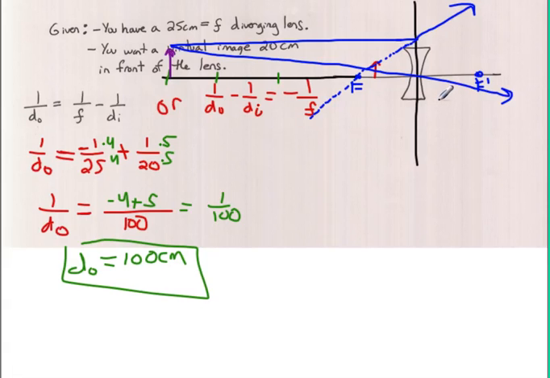This one's always tough for a diverging lens. So the last one that you do, so we went parallel to out, and that would go through that focal point. So the other thing that we have to do is